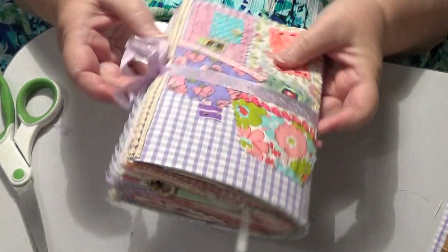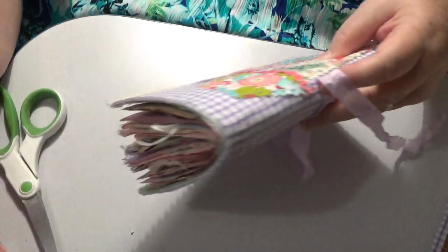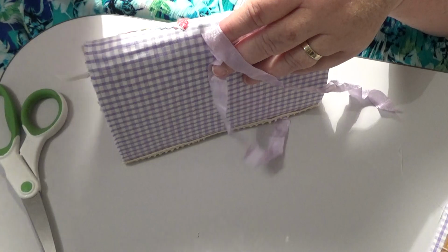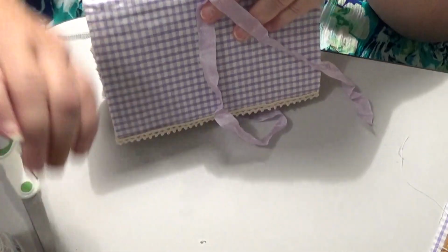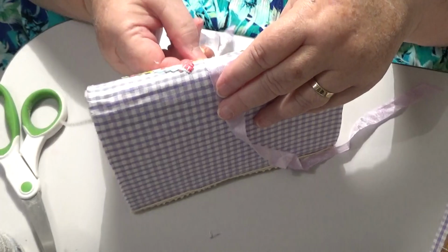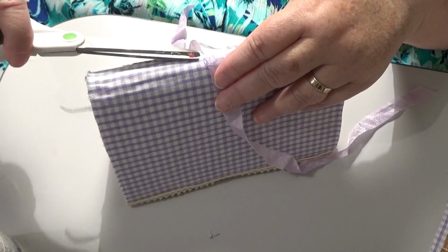So I'm just going to glue, now that I've fastened it up, because I know how long it will need to be. I'll just put my finger on there, and then put some glue underneath there, and sort of have that, hopefully, stuck to it. And if it doesn't, the glue will go through this seam binding, I know it will. But you know what, then I can snip this off, then we can always add